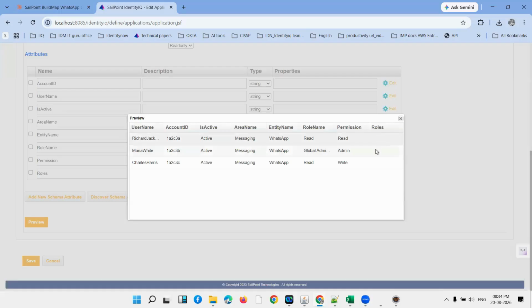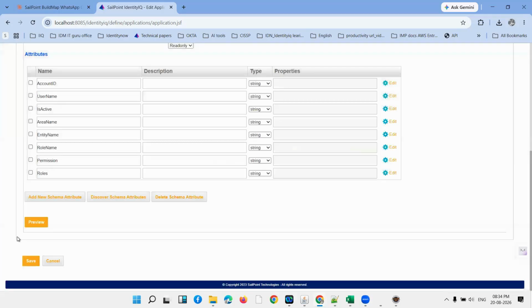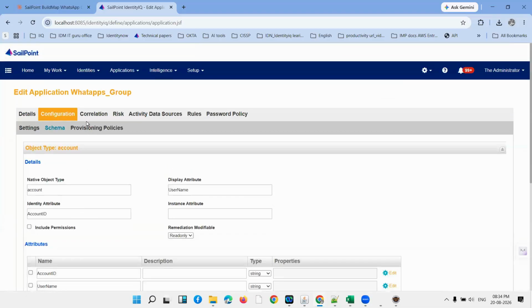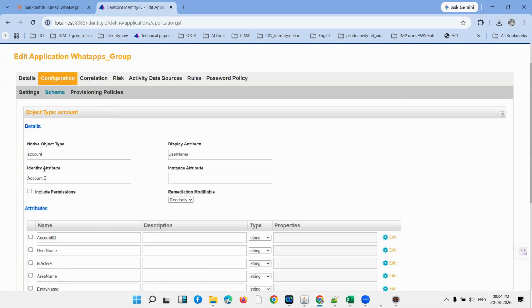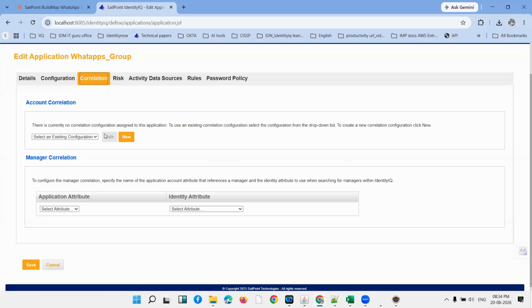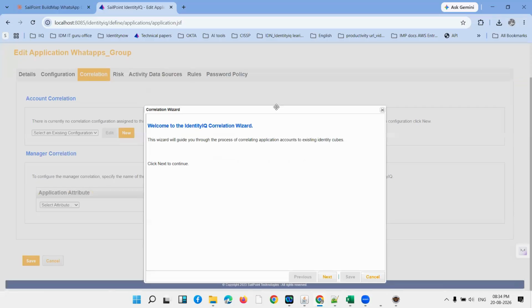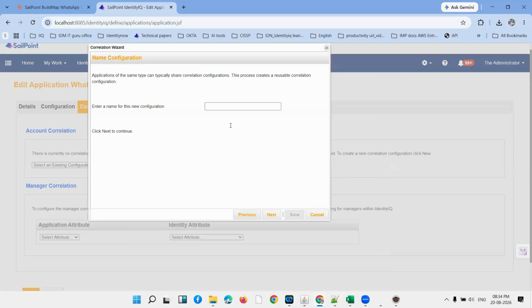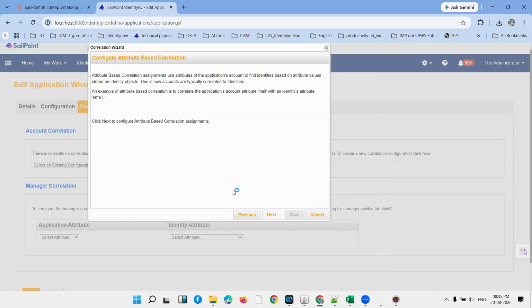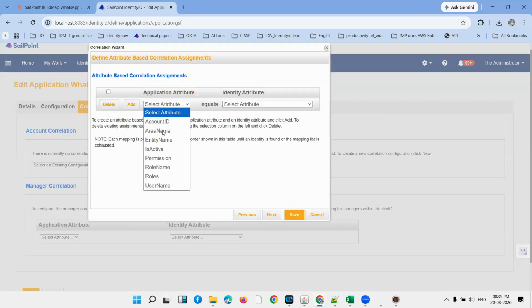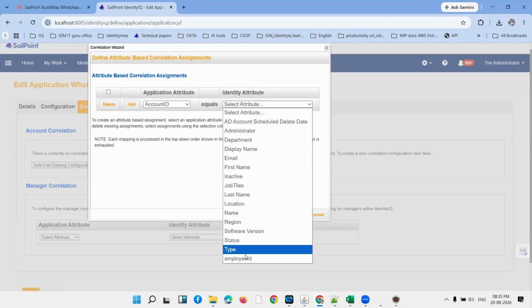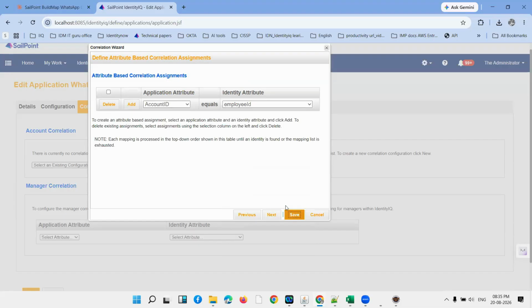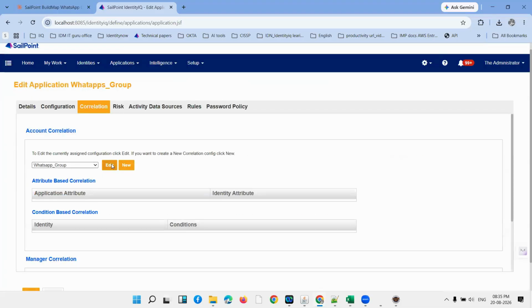So now if you see, the roles is coming as empty. Now my job is, and this is there, and anyway I know this account number and those are going to map. So that's the reason what I'm doing. I'm coming here, and I want to save time. So that's the reason I'm just going here, correlation, WhatsApp app group, and next is this one, and this is attribute based, and account number is there. In that system I'll have employee ID number, both are going to match, and I'm going to map, and okay,